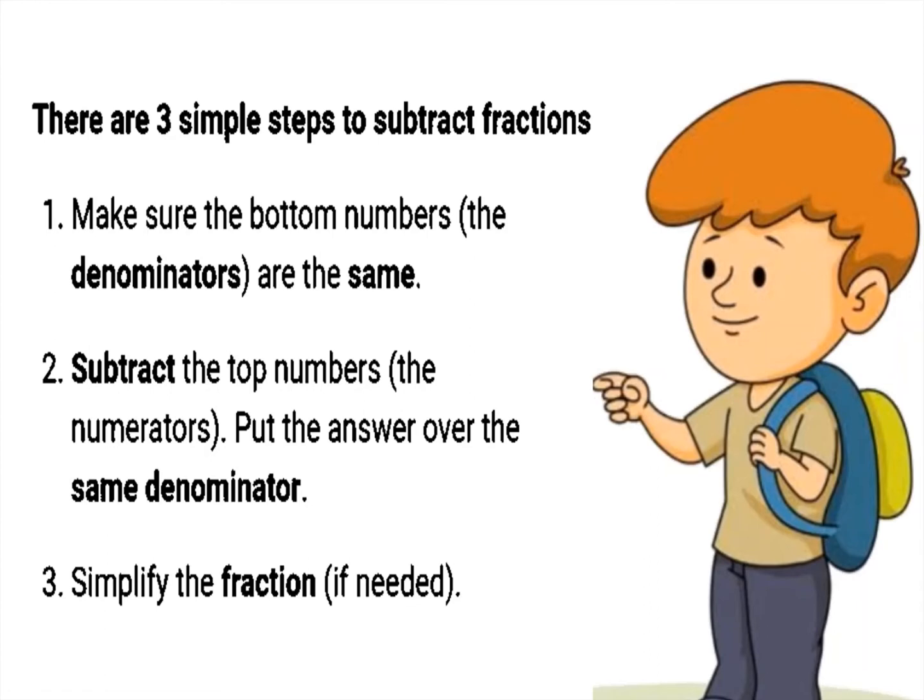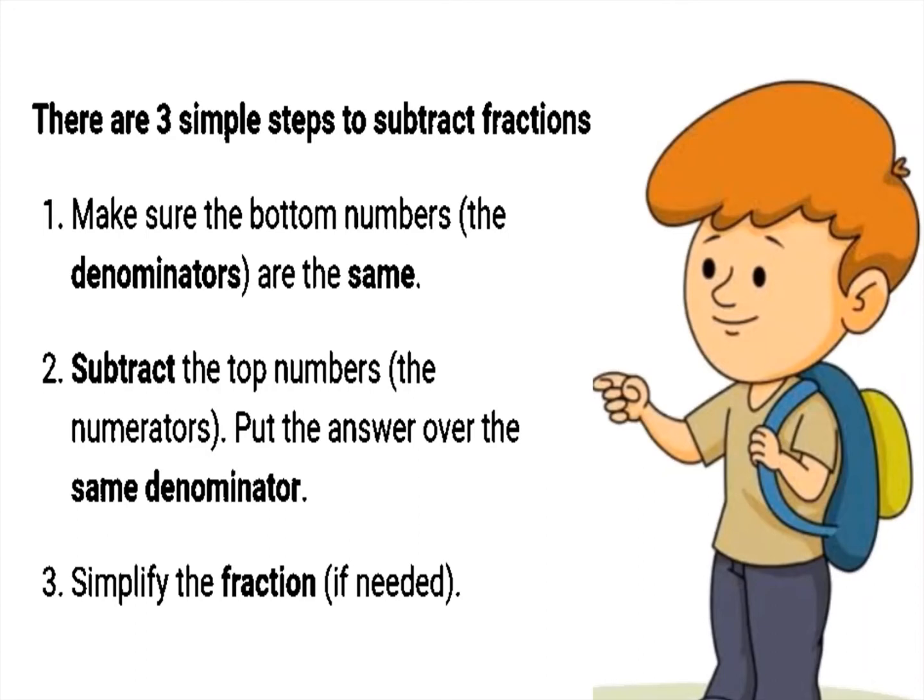Put the answer over the same denominator and then simplify the fraction if needed. That is to convert into a mixed fraction. If you get a bigger numerator and smaller denominator, an improper fraction, it is compulsory to convert it into